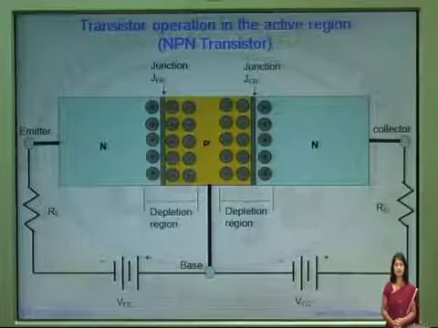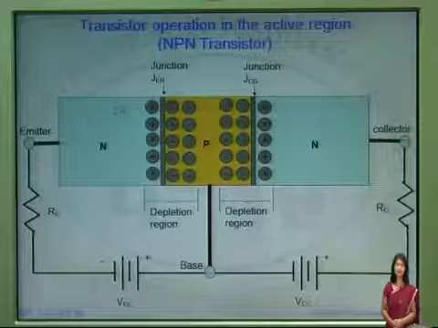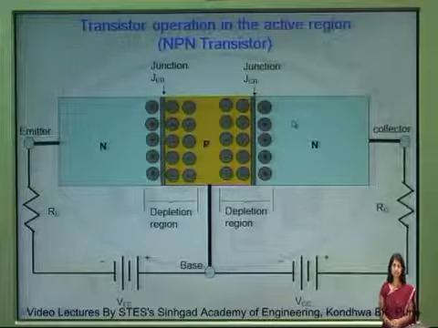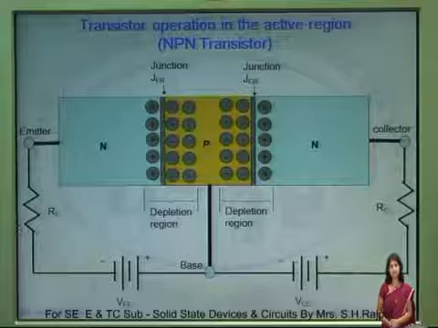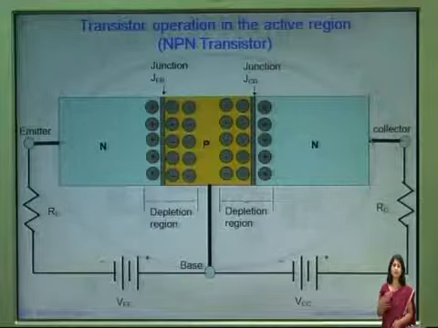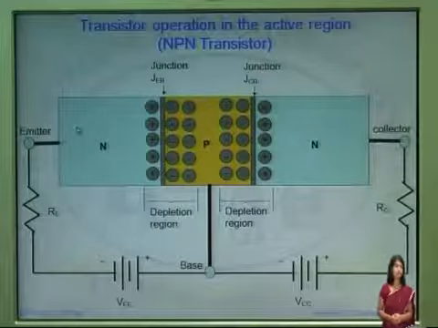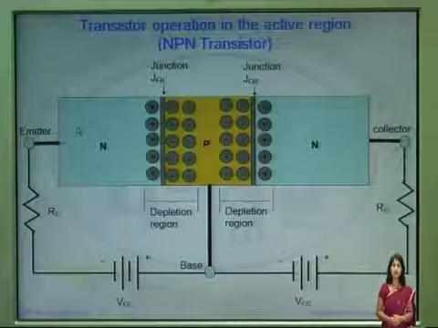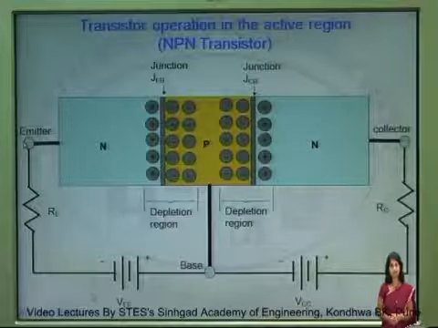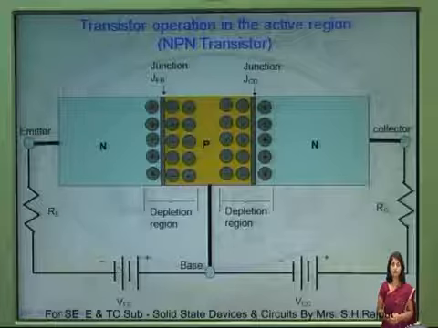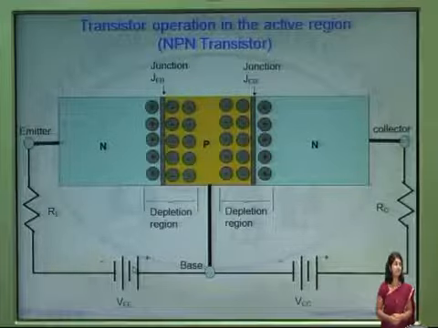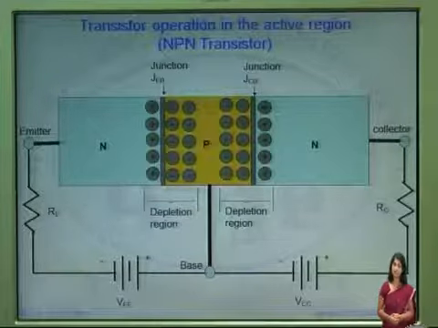Start with the transistor operation in the active region. As the emitter terminal is connected to the negative supply of the battery, the electrons present in the emitter section will be repelled away from the emitter, and they will try to recombine with the holes present in the base section. That constitutes the first current, called the emitter current. Now, whatever electrons have been emitted from the emitter are collected in the base and recombine with the holes present there, which constitutes the second current, called the base current.